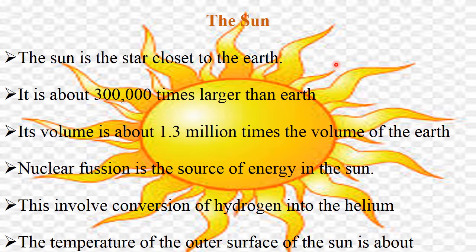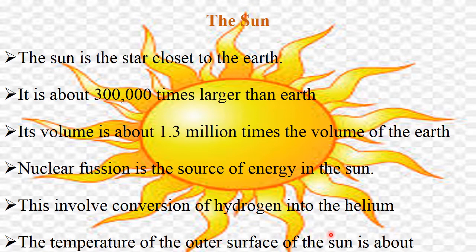The Sun. The most important part of our solar system is the Sun. The Sun is the star closest to the Earth. It is about 300,000 times larger than the Earth. Its volume is about 1.3 million times the volume of the Earth. Nuclear fusion is the source of energy in the Sun. This involves conversion of hydrogen into helium. The temperature of the outer surface of the Sun is about